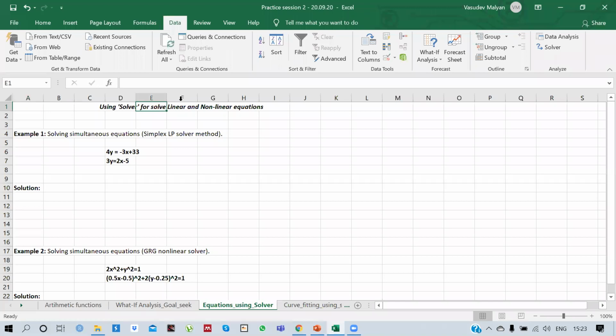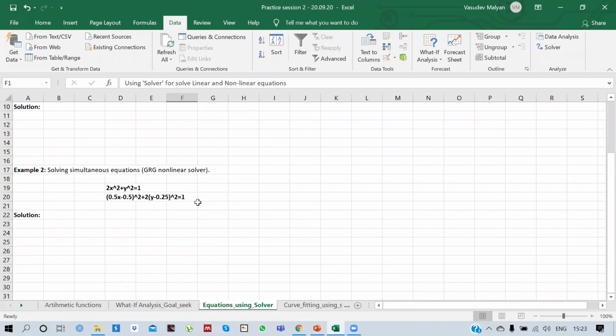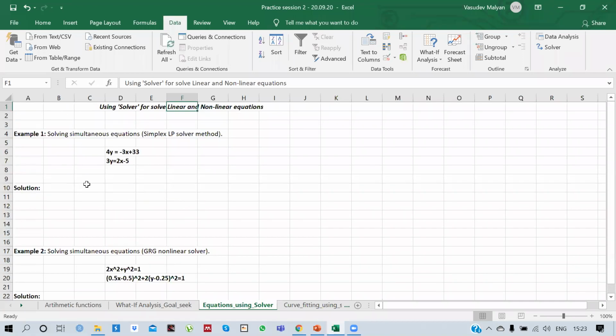Our aim is to solve these two examples. The first one is a set of linear equations, and the other one is a set of nonlinear equations. My first equation is 4y = -3x + 33, and the other one is 3y = 2x - 5. Let me just write it as a function.